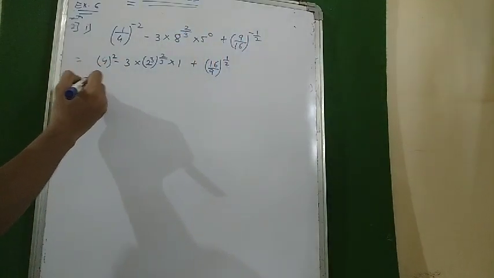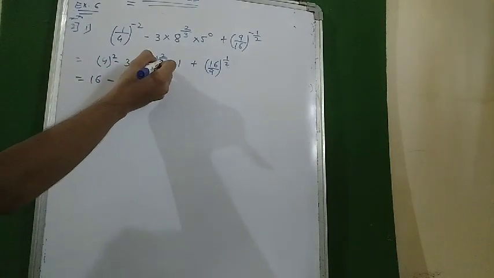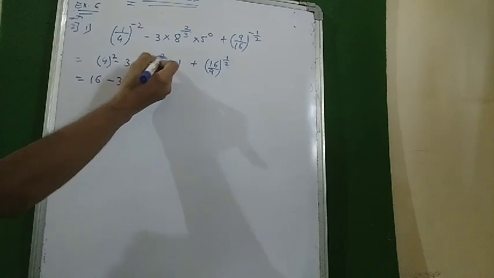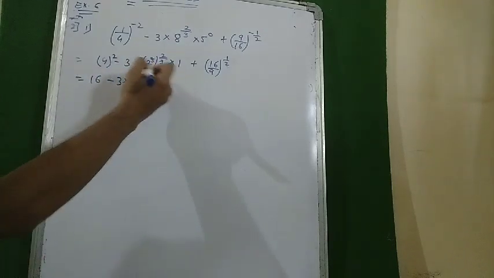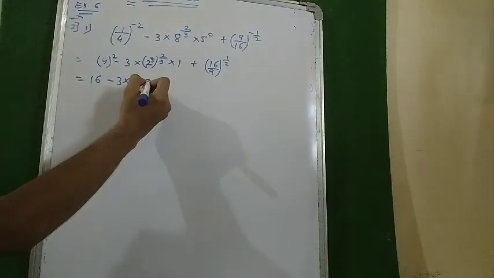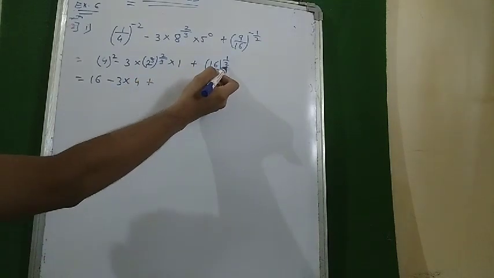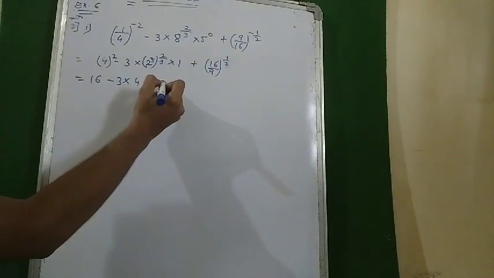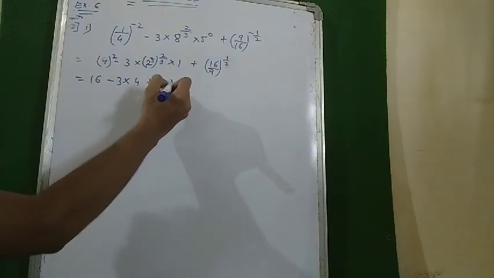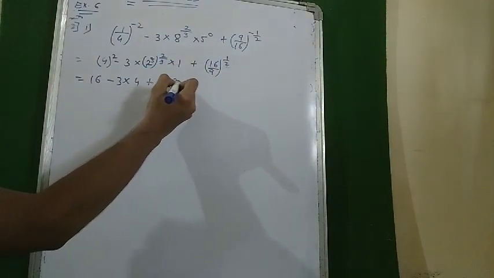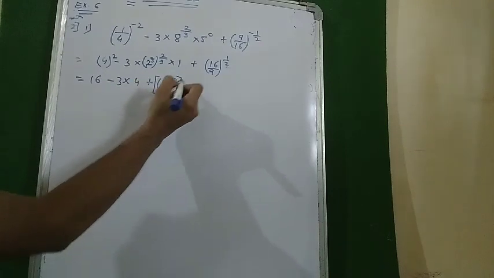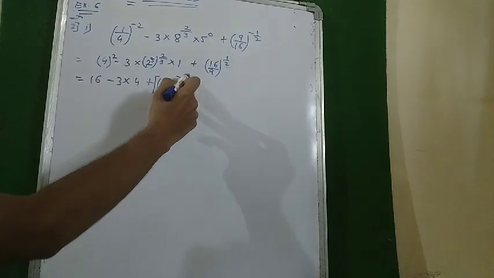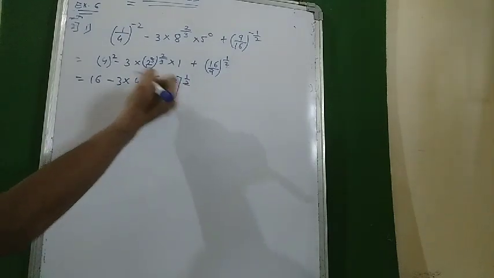So we have 4 square, that is 16. These 3 gets cancelled. So we have 3 multiplied by 2 square becomes 4. Any number multiplied by 1 is the number itself. Pay attention. This is 2 over here, and we can say that they are the perfect square. Perfect square means 16 and 9 is 4 upon 3, the whole square. The whole raised to 1 upon 2. 4 square is 16, 3 square is 9, and it is 1 upon 2. So again this 2 and this 2 gets cancelled.